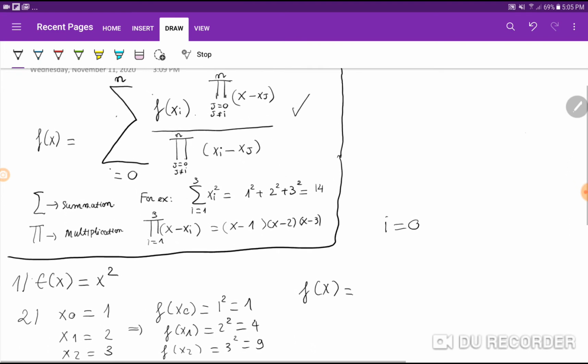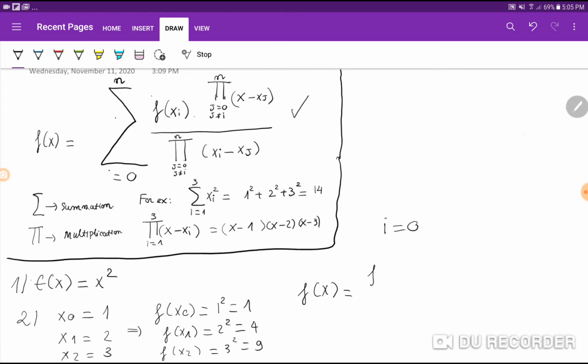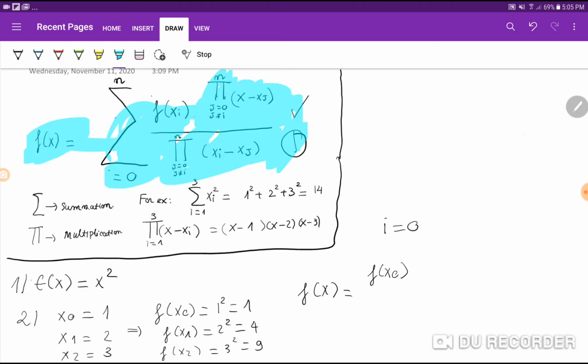Anyway, let's continue. So i equals 0. So you have f of x0. Follow this one right here. Let me highlight for you guys. Right there. Okay, so f of x0 times the multiplication, it would be x minus x1